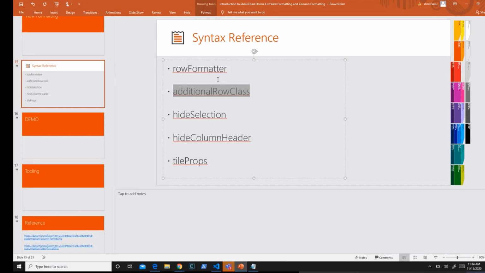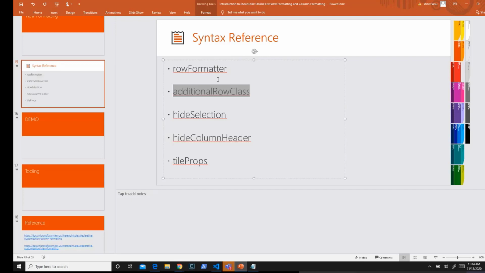Now, when you use both, for example, row formatter and additional row class, your row formatter would take the precedence, and then whatever you've been doing in additional row class would not be